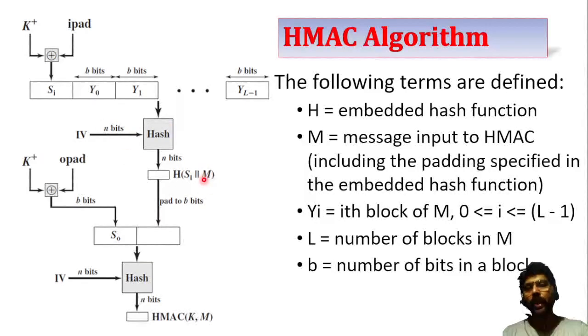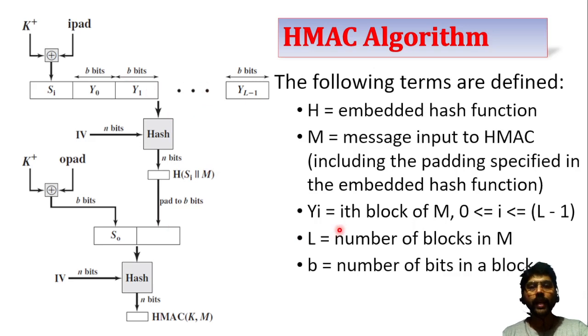Here we are using a character M that indicates the message, which is passed as an input. This message is indicated by M, and that M also contains some padding. Since we are breaking that message into a number of blocks, the last block may contain fewer bits, not n bits. Then we add some zeros. Padding will be done there. That is indicated by M. M means message plus padded bits.